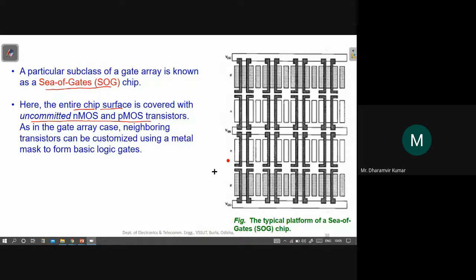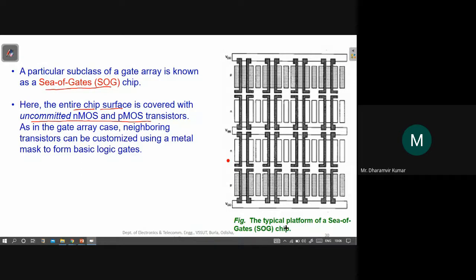It does not provide the facility to interconnect transistors by using separate wires or interconnections. Separate interconnections are not provided here. You will have to use the transistors themselves to connect different transistors. So it's called a sea of gates.